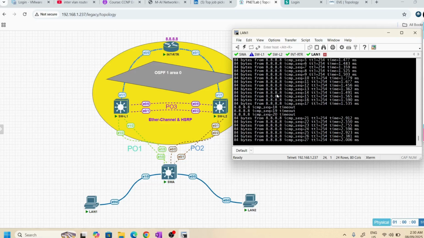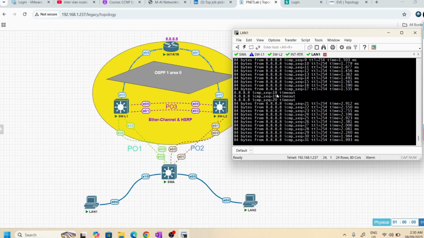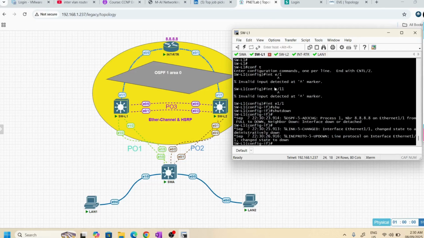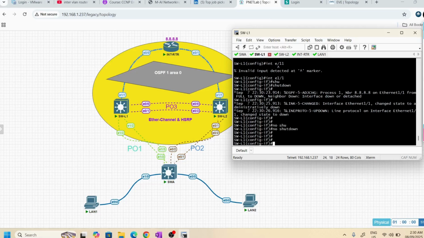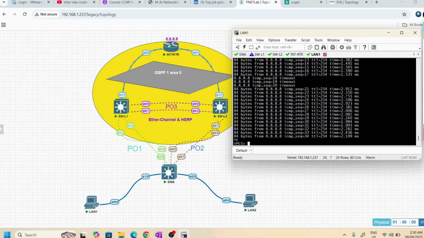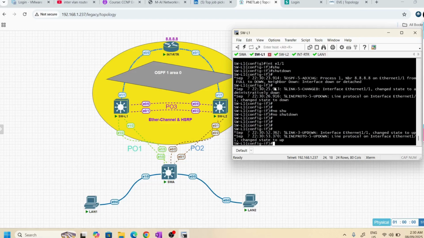So this is the ping connectivity. Let's test with the traceroute. But before making the traceroute here, I'll say no shutdown.